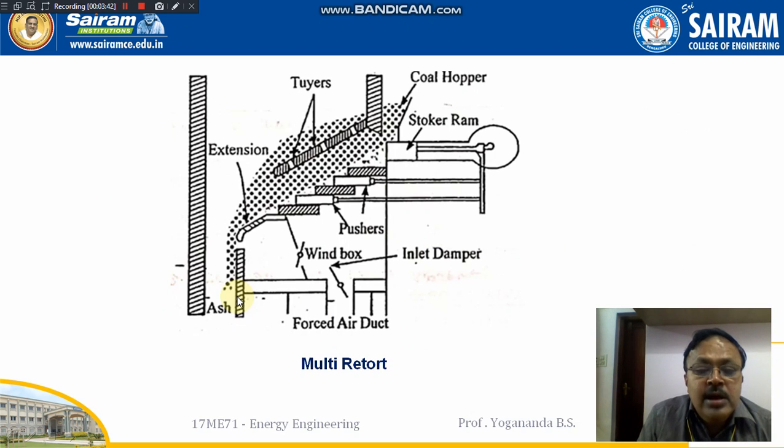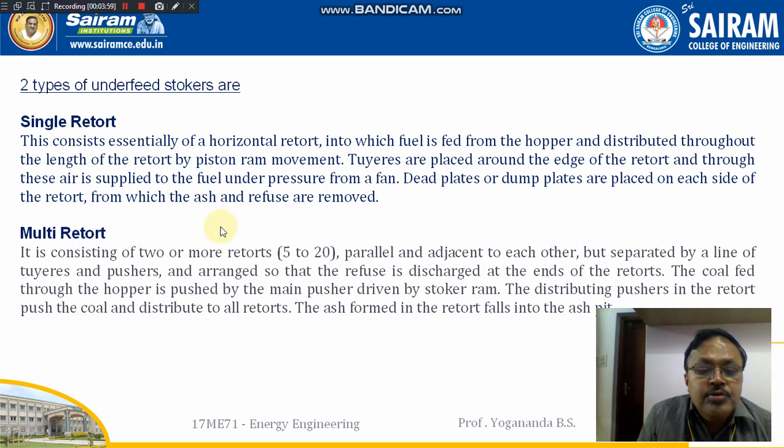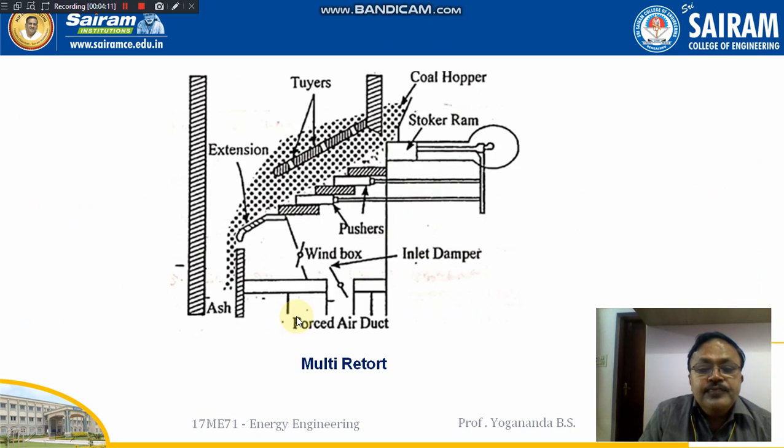So next you have the multi-retort. Here you have a pair of two or more retorts. You can see the pair of two or more retorts here. So that is a multi-retort, two or more retorts, 5 to 20 in number, parallel to each other and separated by a line of tuyeres and pushers. So in between the retorts, you have the tuyeres and the pushers. So pushers are separating these